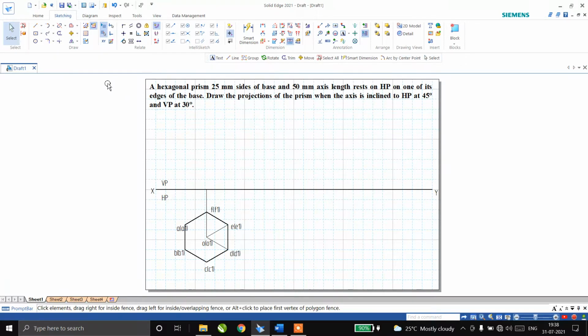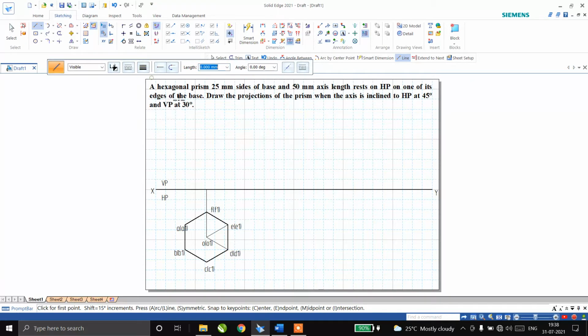So keep the line thickness very less, so that it will be easy for you people. At last you can directly change that one. So I want to draw the projection. When I'm going to project from the front view, I can see B, C, D, which are completely visible for me, or you can say that this face and this rectangular face will be visible, so that I want to take. So now the axis side given is 50, so I want to consider as 50,